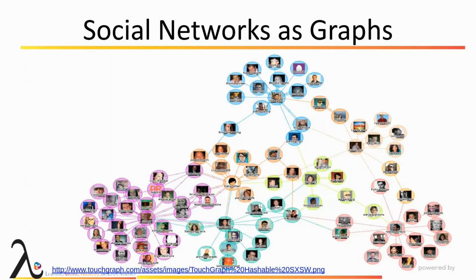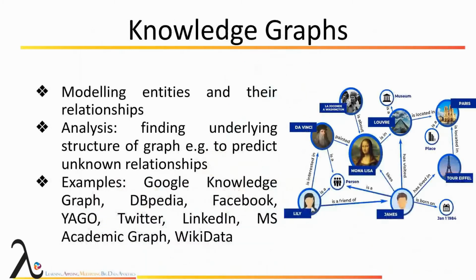Another view of knowledge graphs is social networks as graphs, where there are people who have friends, and those friends have more friends, and so on. And we know that there are some people who have more friends than others. These friendship relationships can be seen like this in the form of graphs. And as said earlier, it is more intuitive or more natural to represent these types of relationships as a graph rather than in tabular formats or a relational database.